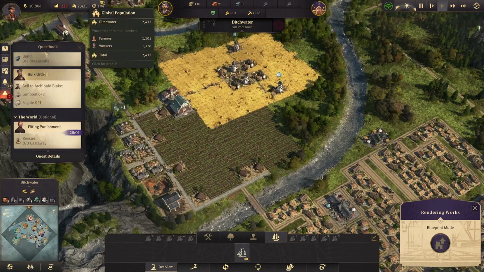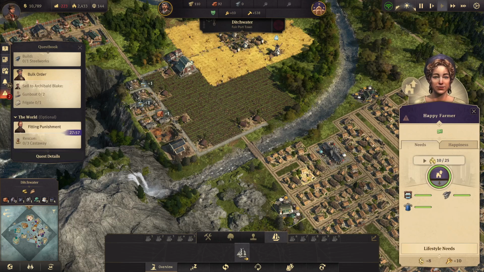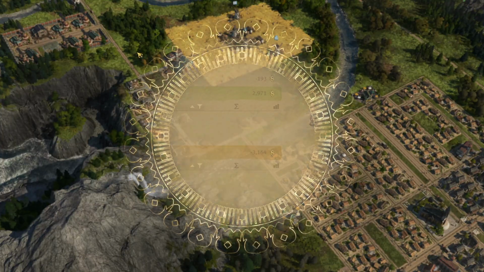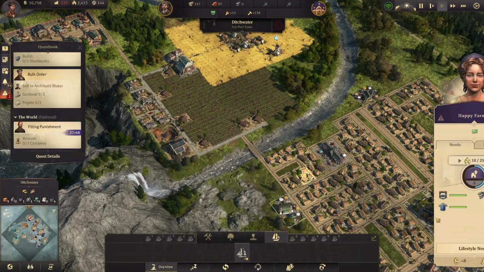Trying to see what else can be done here. So we're also maxed out on flour. Does that mean that we can give it to our lifestyle needs? Supply prohibited. How much do we have? If we were to allow that...